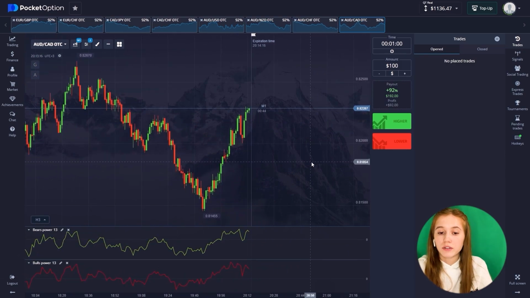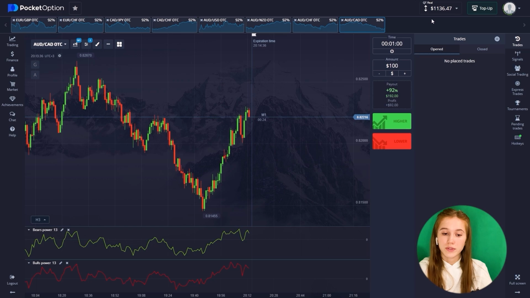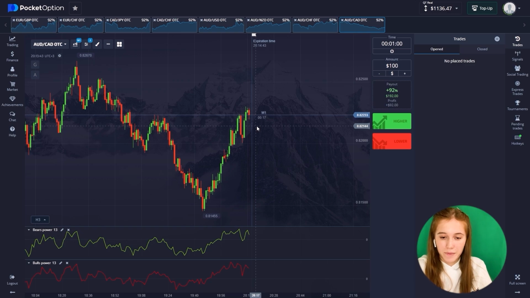It was our last concept, and let's finish our trading session and we summarize it. So we increased our balance many times. It was $50, I think, our initial balance, and now we have $1,000. You can see it. So it's very good results for today. As usual, we have 2 indicators: pulse and bear's power,